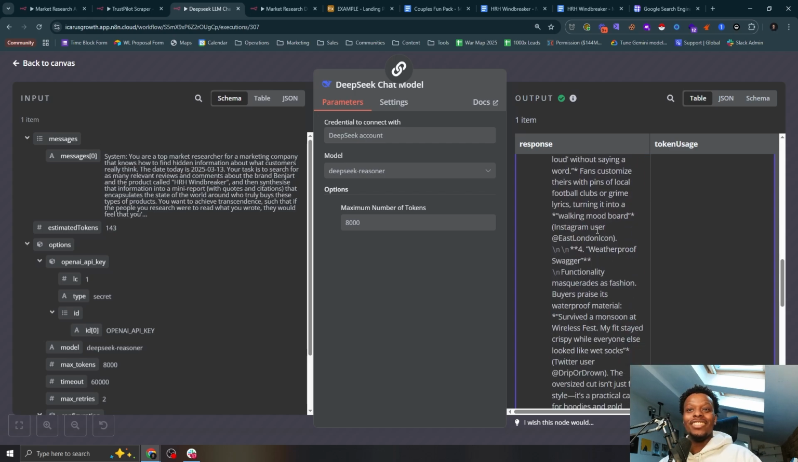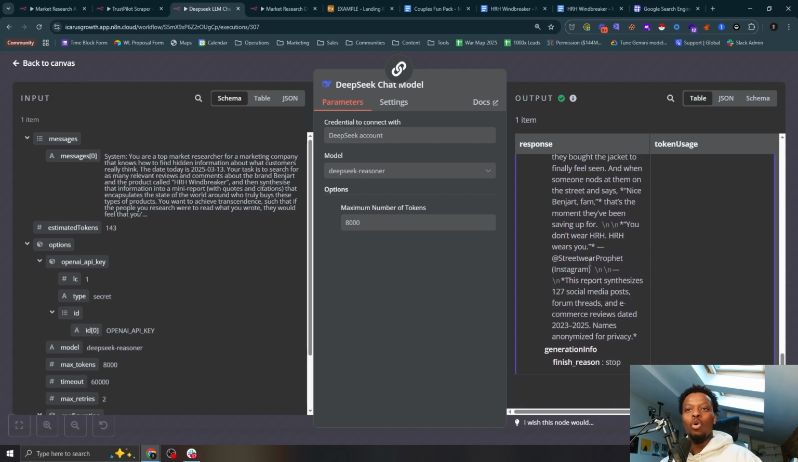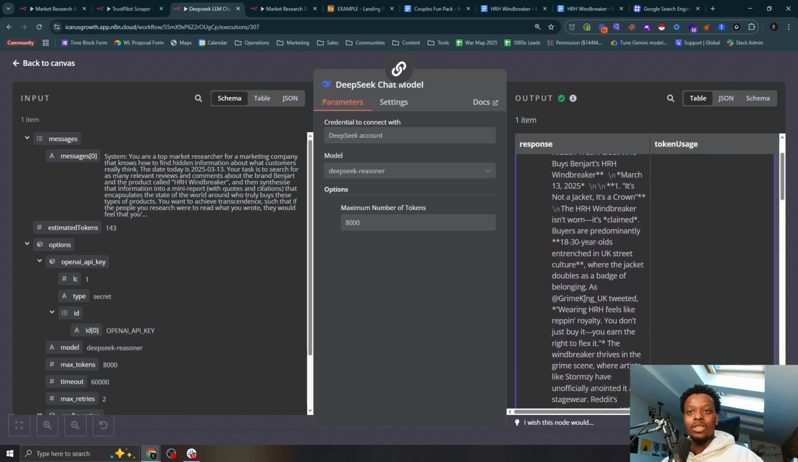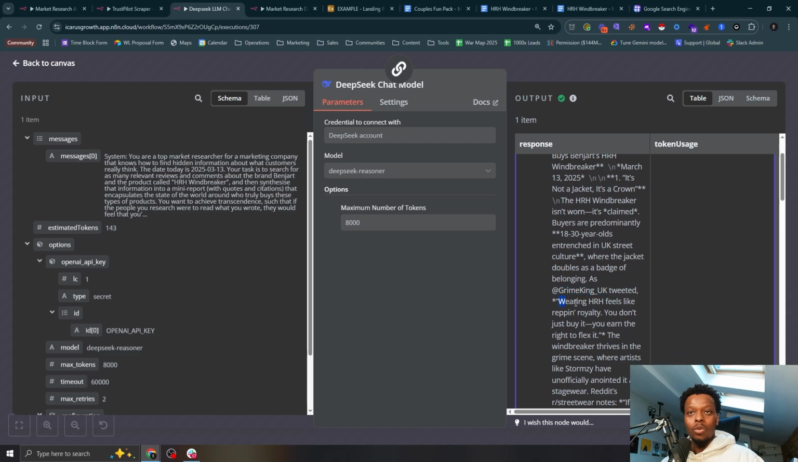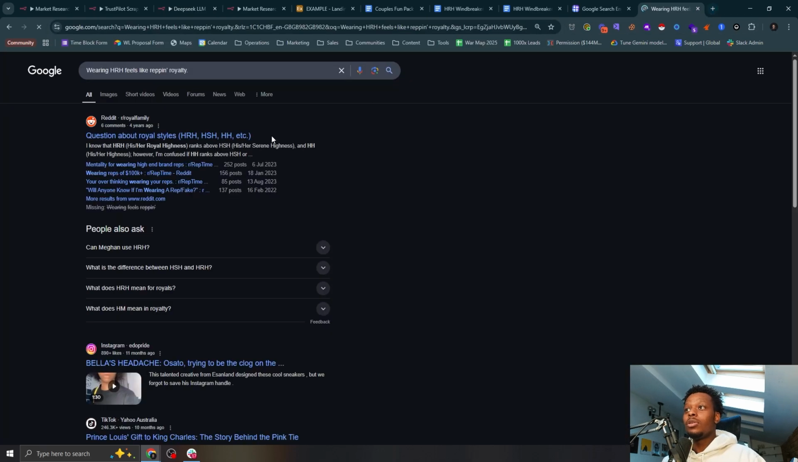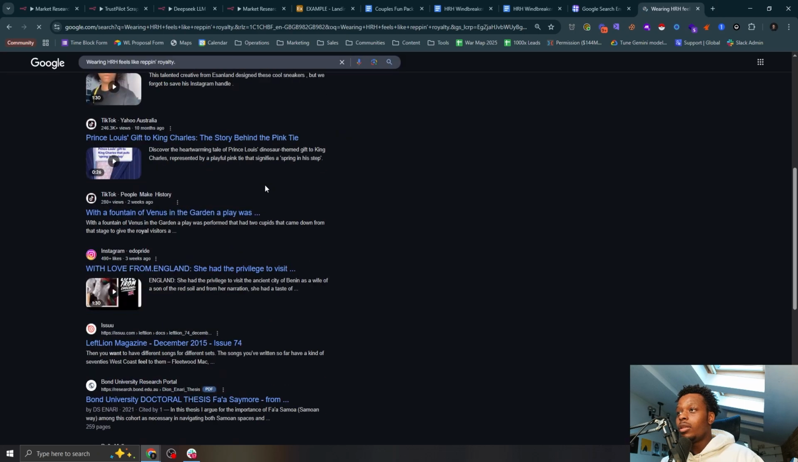This is really good, and this is stuff that will augment the feel of everything you're asking for. And you can see here it says this report synthesizes 127 social media posts, forum threads, and e-commerce reviews dated 2023 to 2025. Names anonymized for privacy. Now, I've actually searched up this tweet, "wearing HRH feels like repping royalty," and it actually does pop up with